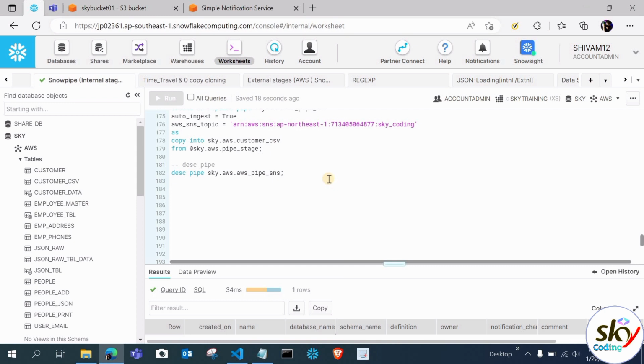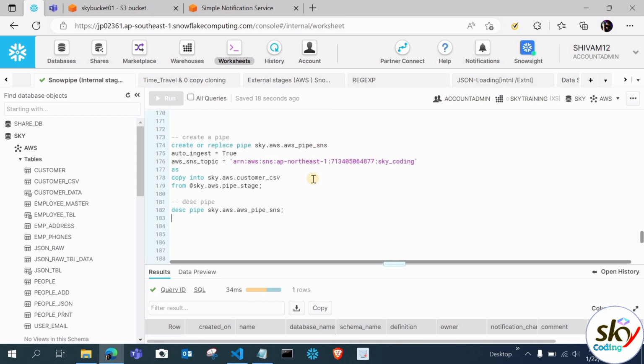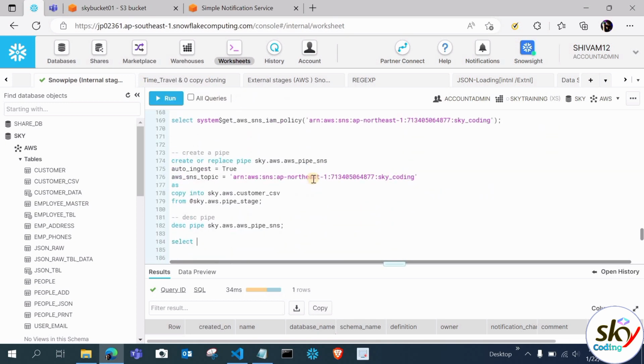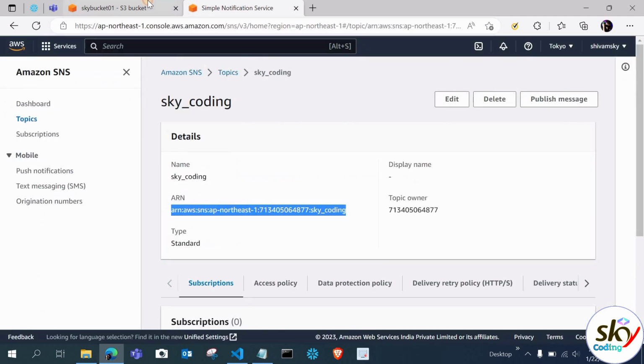And now the pipe is running. So now we will wait, and we will perform some queries for checking the data. Before that we have to upload the file as well, upload some data file into the stage location. So let me check the data, select asterisk from, and this is my table name. But before that